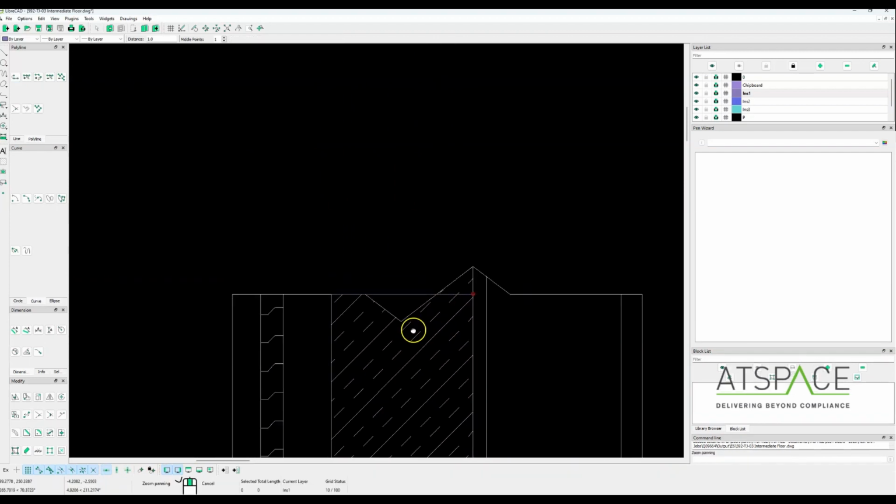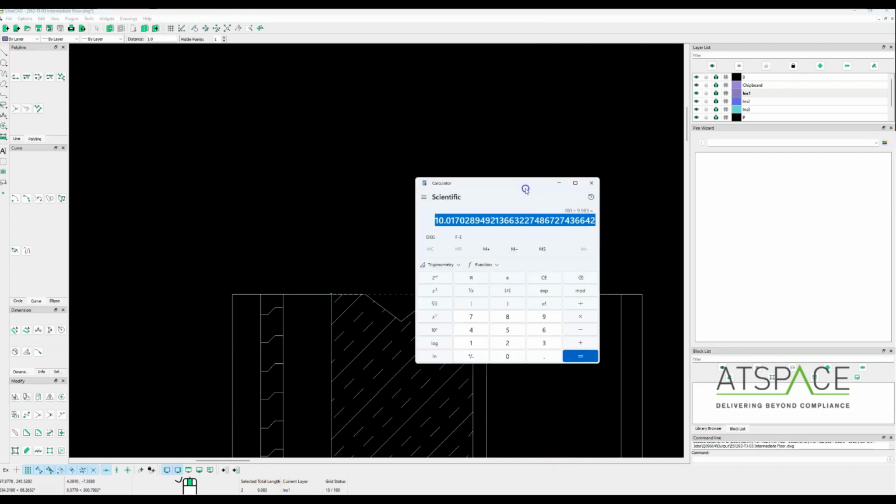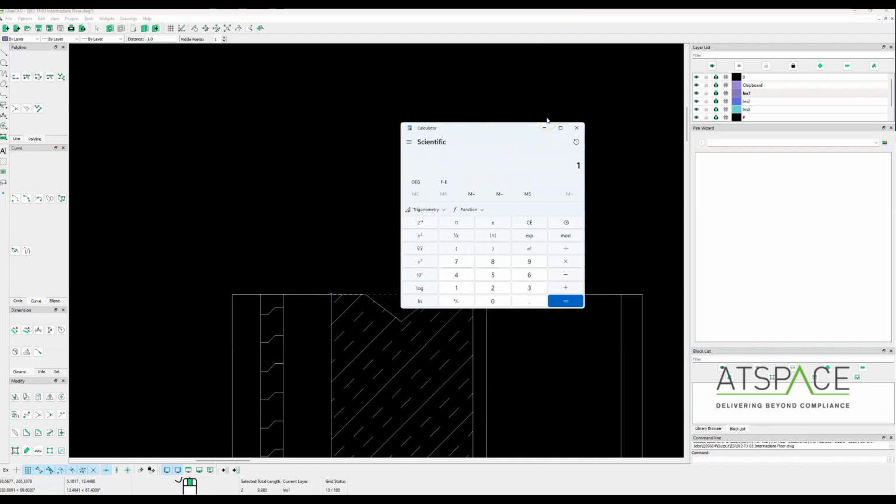the thickness of that. And then if we highlight this line that I've just drawn there, we can see at the bottom the total length there is actually 9.983 mil, where it should be 100 mil. So to get the old calculator out, and we do 100, which is what we want it to be, divided by 9.983, and that gives us